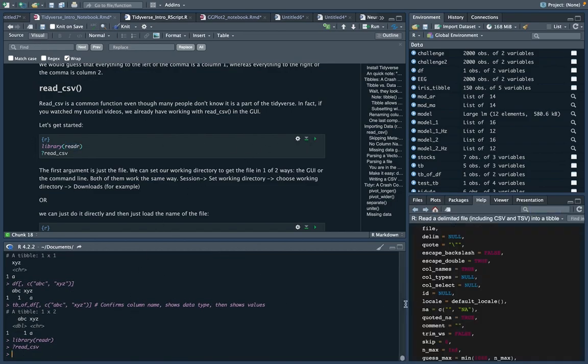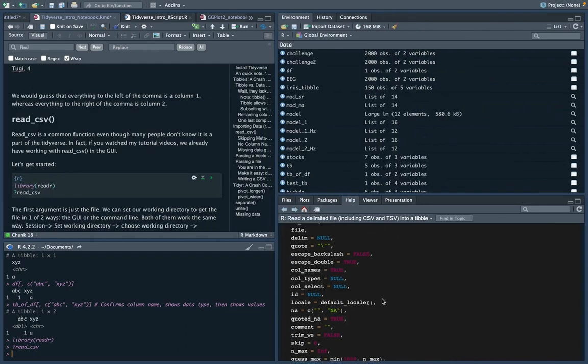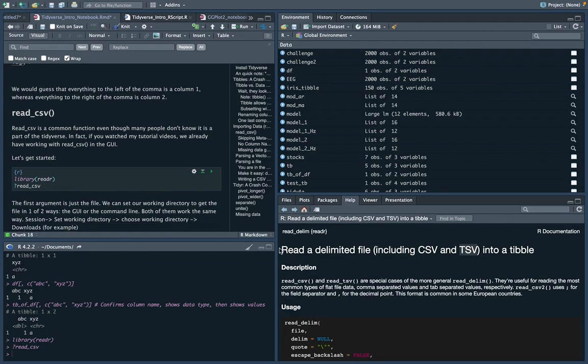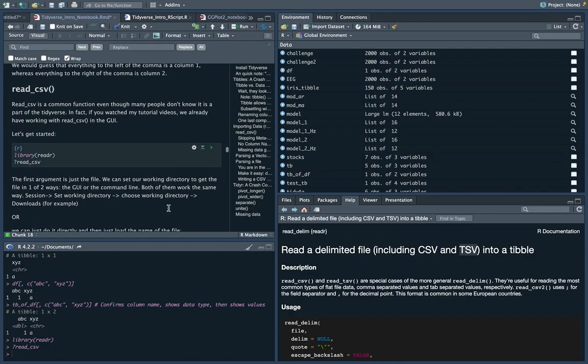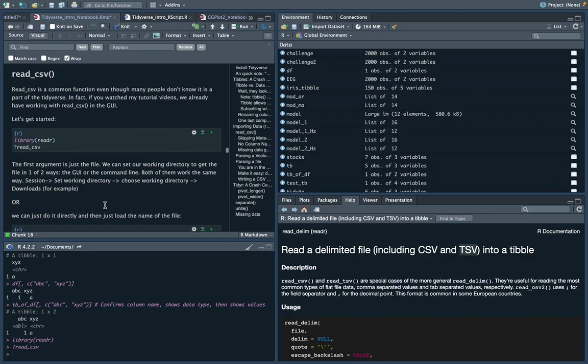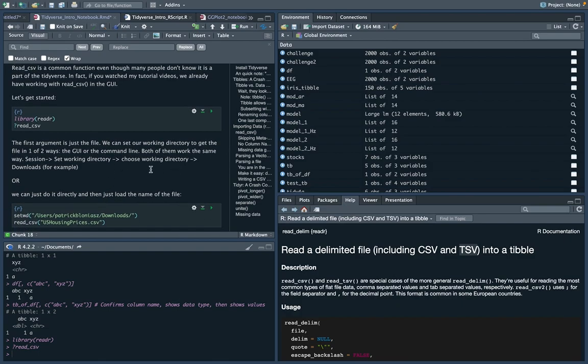And we see all the documentation in the help file over here. So we're able to read those files, and specifically it works on CSVs and TSVs, and it turns them into a tibble. So we don't even have to do as_tibble, which is really nice. And so when you're loading in a file, and I've shown you this before in our intro videos,